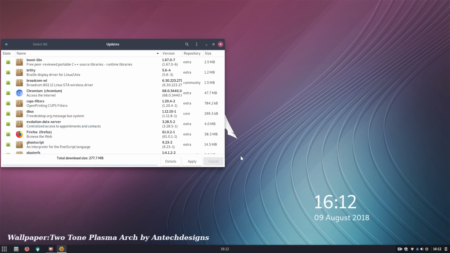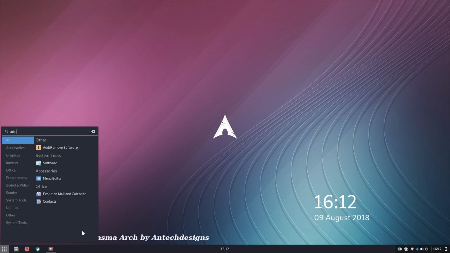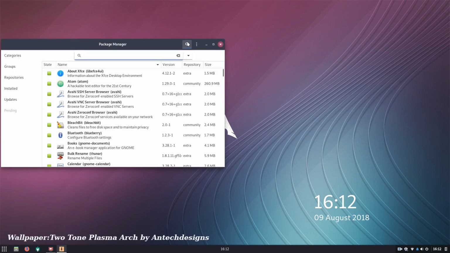So we'll do that, and so they're the two things that I've done, the add remove, and let's just go back over that. I may have gone a bit too quick, I think, than what I normally do. Add remove, look for Budgie